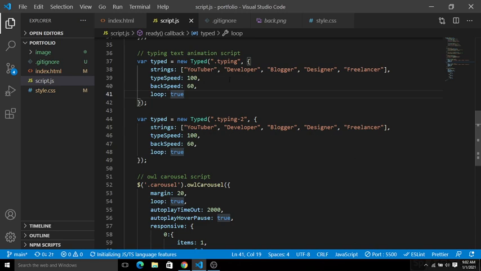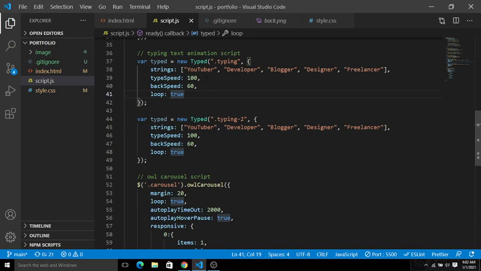You can see we have YouTuber, developer, blogger, designer. You can simply add this inside your portfolio. If you are a data analyst, or whatever your occupation is, or whatever you do, you can simply add it here.